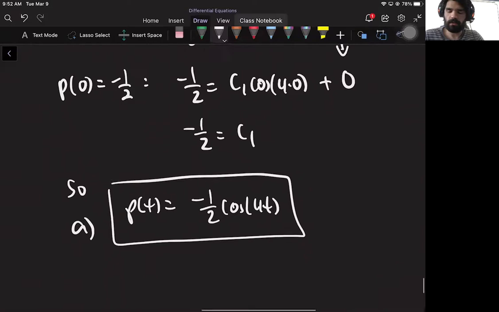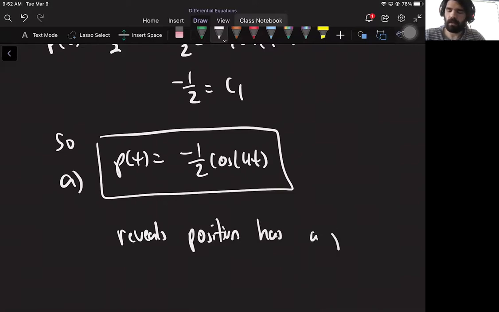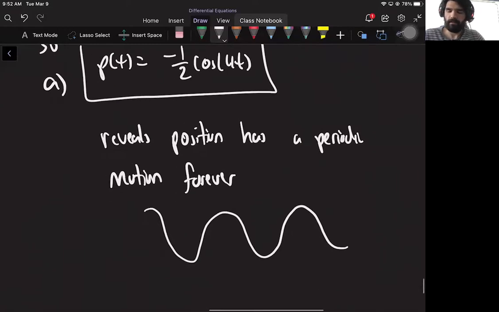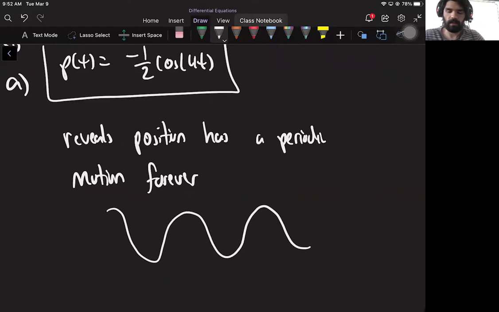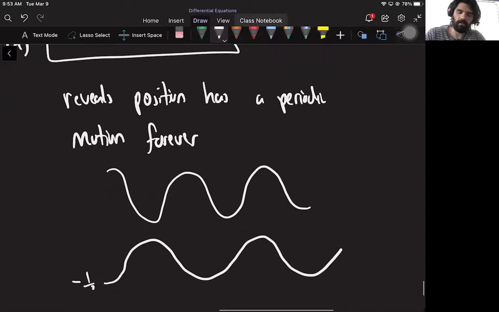And it goes with our intuition. So this is just saying that the position just goes up and down forever, periodically. So it reveals that the position has a periodic motion forever, which is exactly what it should do because it just goes up and down forever. So the graph will be a cosine graph. It'll look something like that. Well, actually, it's negative, so it's going to start down here. It'll look something like that at -1/2, and it'll go up to